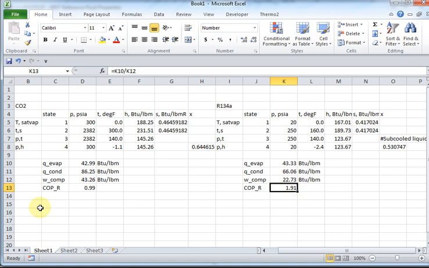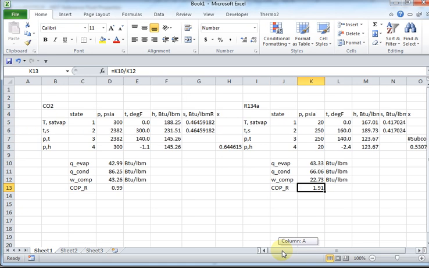Coefficient of performance is nearly double. You're going to have to spend a lot less electricity for the same amount of ice making that you want. Okay? And you're not going to have these ridiculously high temperatures, 300 degrees F, and the high pressures. Okay. So RefProp, you can do a lot of exploring